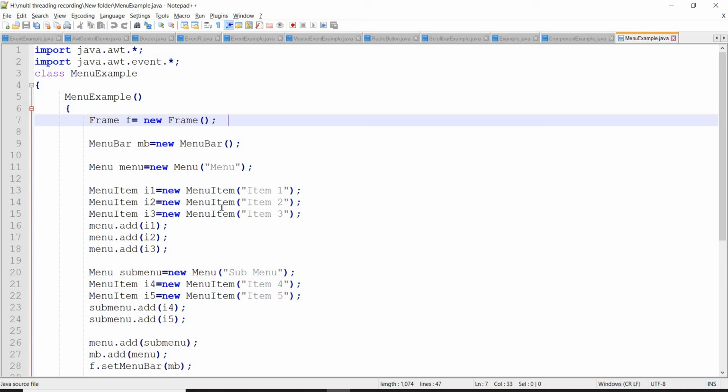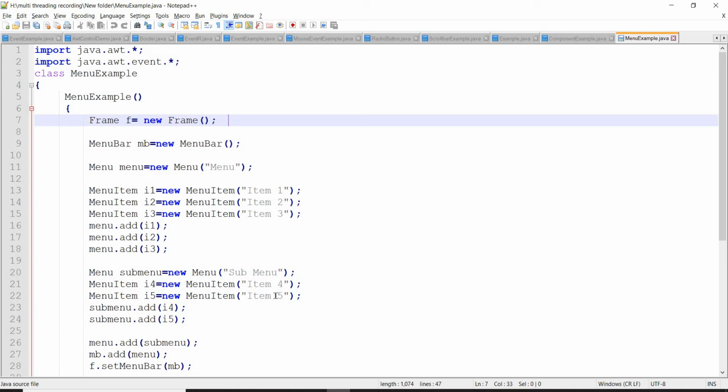Okay. These menu items will be added to the menu. Menu reference is menu. Menu dot add of I1, I2, I3. First 3 are direct items and the fourth one is a submenu. So again we have chosen the menu class. Menu submenu is equals to new menu of submenu, and to this submenu there are 2 items associated.